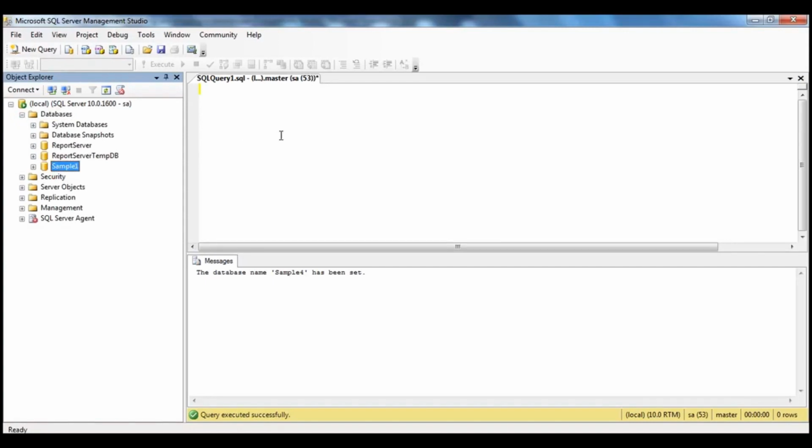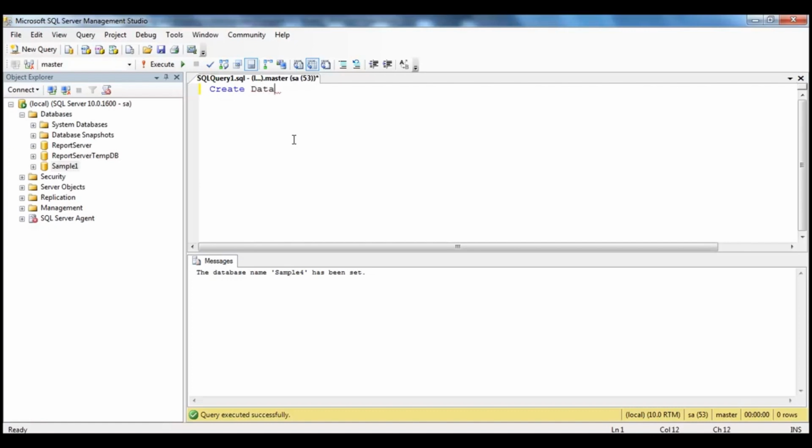We can also create database using SQL query. So let us see how to create a database using query. Now database is also one of the types of SQL Server objects. Just like database, you can create tables, views, triggers and stored procedures, etc., which we will be talking about in later sessions. Remember, irrespective of the types of the objects you are creating in SQL Server, you use the create